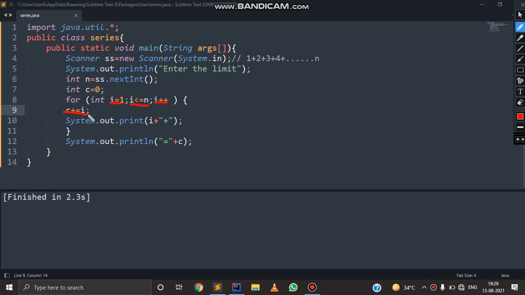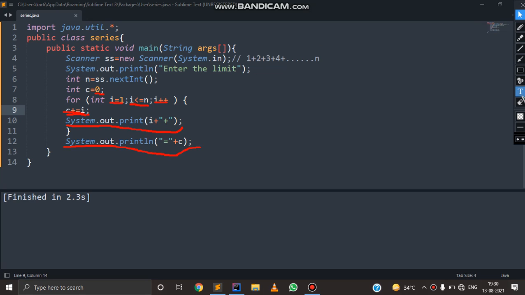Every time the loop runs, the numbers in the series are added to this variable which was 0, and here is the line where we print the series, and here is the line where we print the sum of the series.